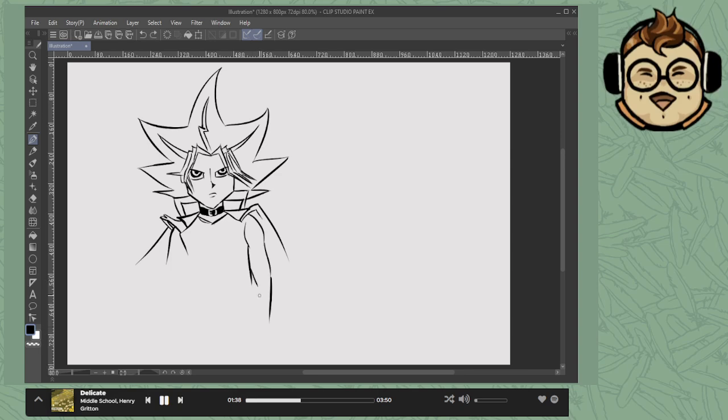That arm's gonna look a little weird for a while. All right, and then he's got big old bracelets on, because of course he do. You gotta have big old bracers if you're an anime kid.